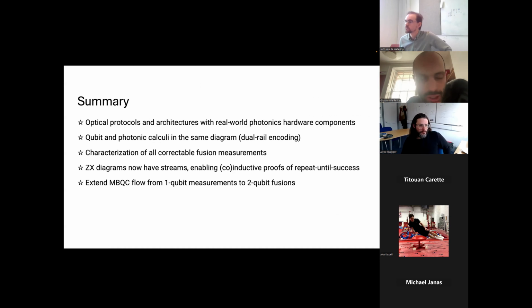So first of all, we've introduced these languages to describe optical protocols and photonic architectures with real world hardware components like delay lines, routers. And so these pictures that we had at the beginning, we can now at least make them formal and reason about them. So this was through a language of qubits and photons and channels on qubits and photonic modes. We gave a characterization of all the correctable fusion measurements,